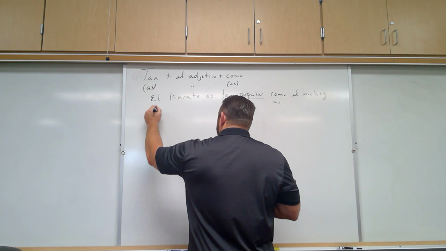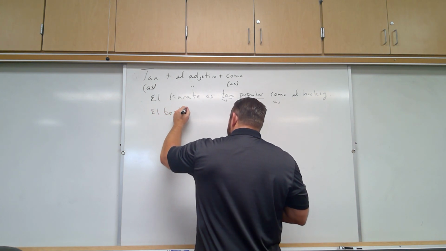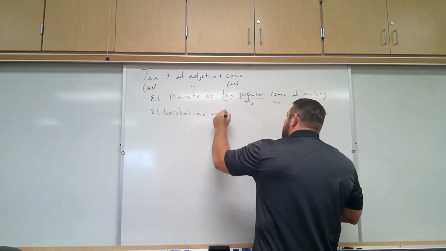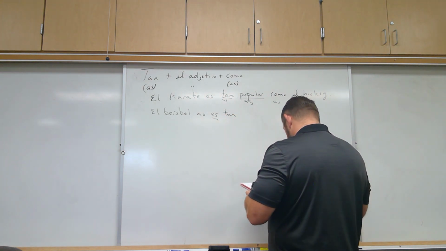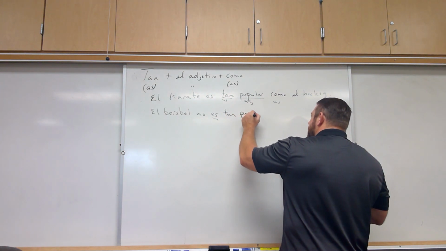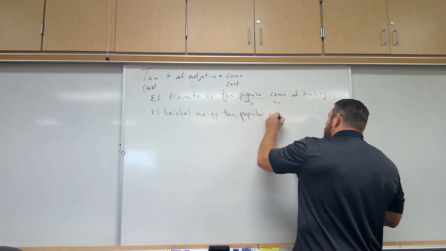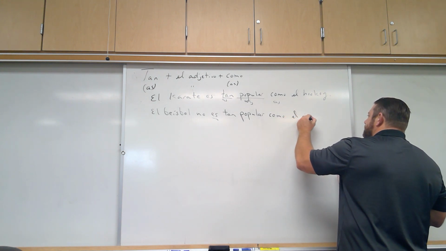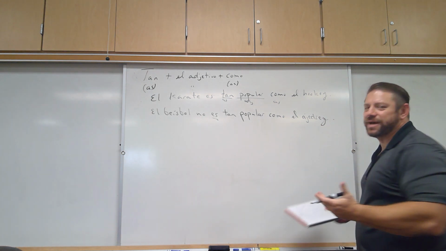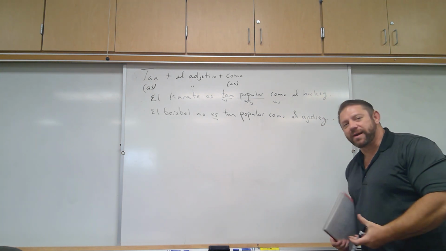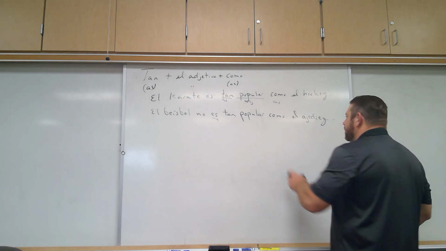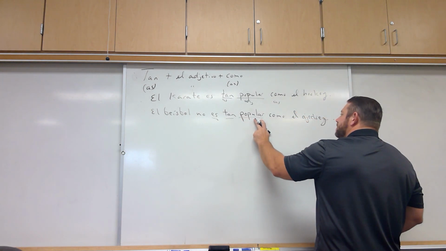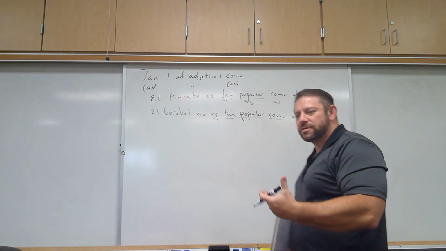Otro, el béisbol no es tan popular como, I'll use the vocab, el ajedrez. What? This might not be true. I don't know. So baseball is not as popular as chess. El béisbol no es tan popular como el ajedrez. Here's a negative statement. So you see the comparative statement. You have tan, you have the same adjective and the word como, which means as.